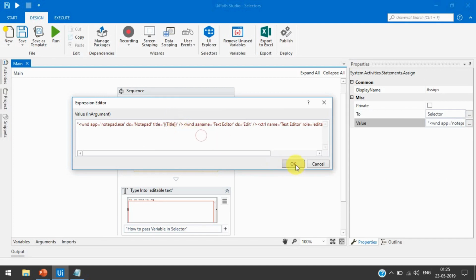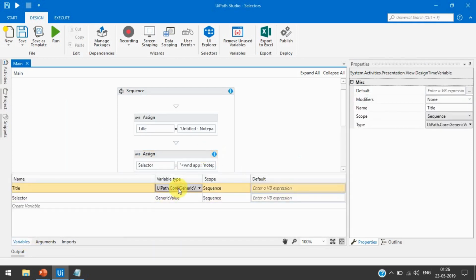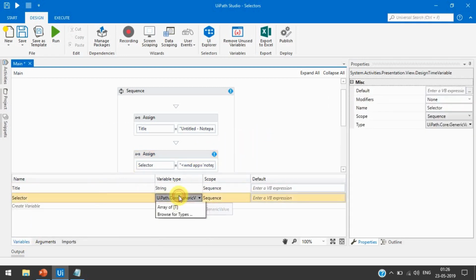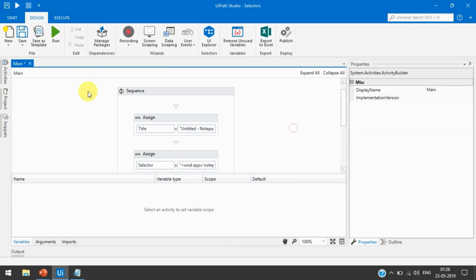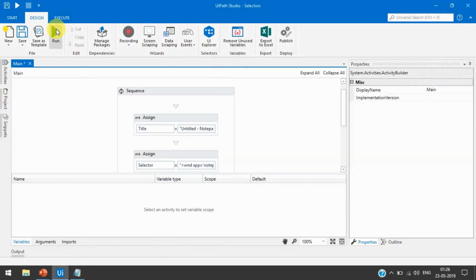And now press OK, and here we need to change this from title to string, and this selector also will be string. And now let's run this. First remove the data from here and let's run this.